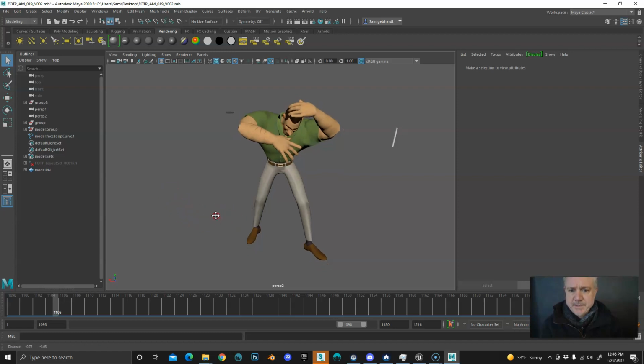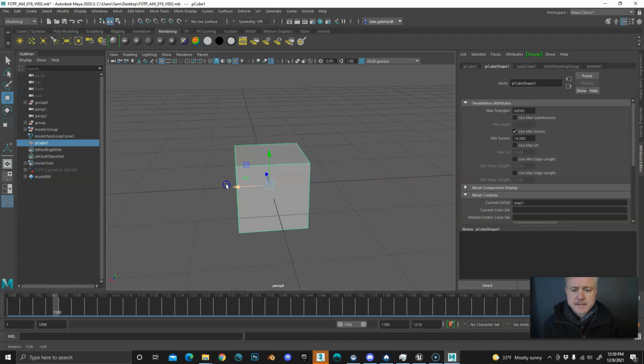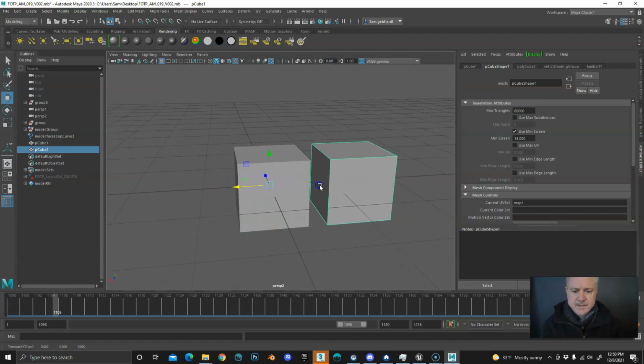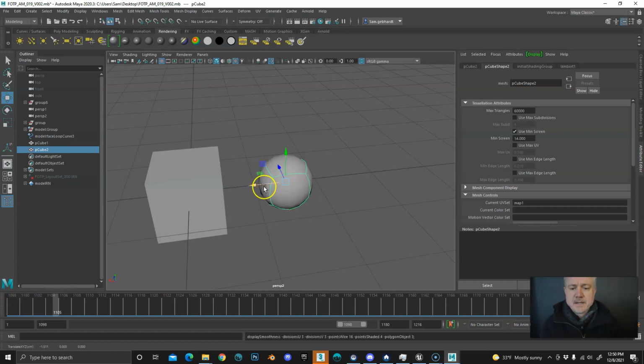I'll show you an example here about what tessellation or smoothing is. So this is easier to see on a cube. So you can see we've got one polygon for each side, and you may see tessellation in your character object that you're exporting. And what you want to do is make sure that you have that smooth before you take it into Unreal. And if I just hit 3, that's not really smooth. It's just showing me a viewport version of what it would be if I actually created geometry. So I'm going to hit 1 and then